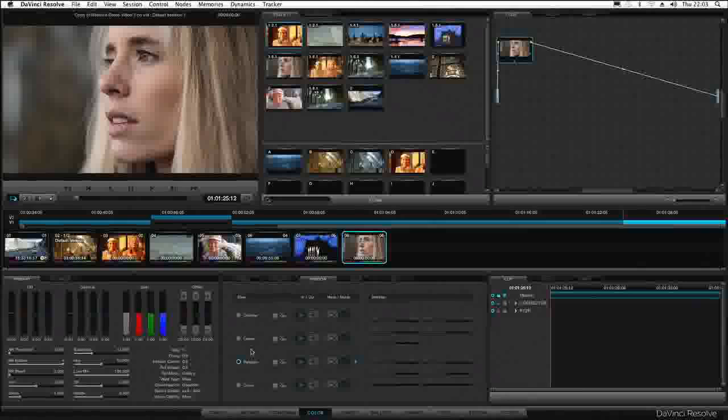Resolve can grade directly from raw camera files like RED, ARRI, OpenEXR, ProRes, and others. It also handles H.264 files from a Canon 5D. 5D images look amazing in Resolve, and I'm going to add some softness to the highlights on this girl's face to make her skin look smooth. You can see how wonderful these consumer cameras can be, and like all file formats, we can grade the camera